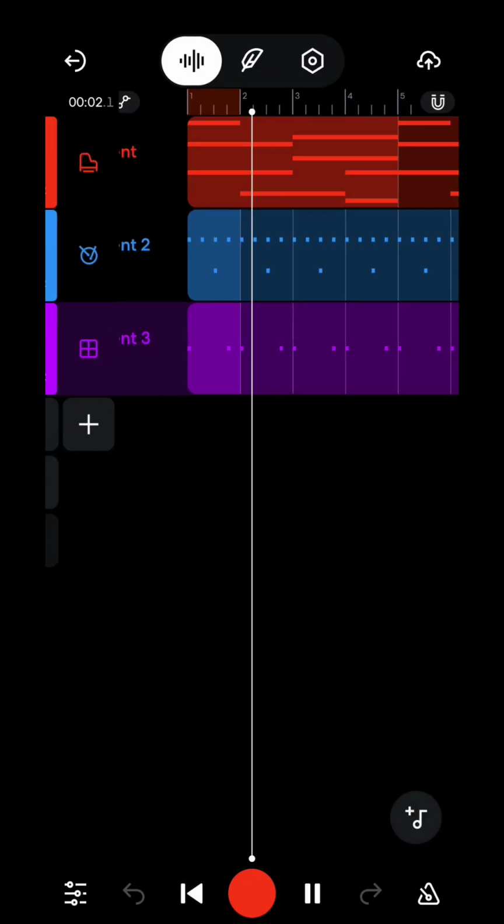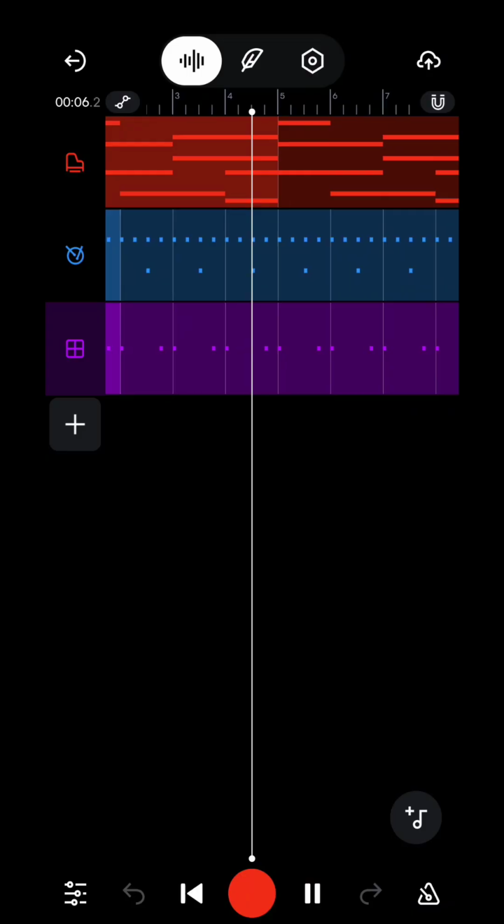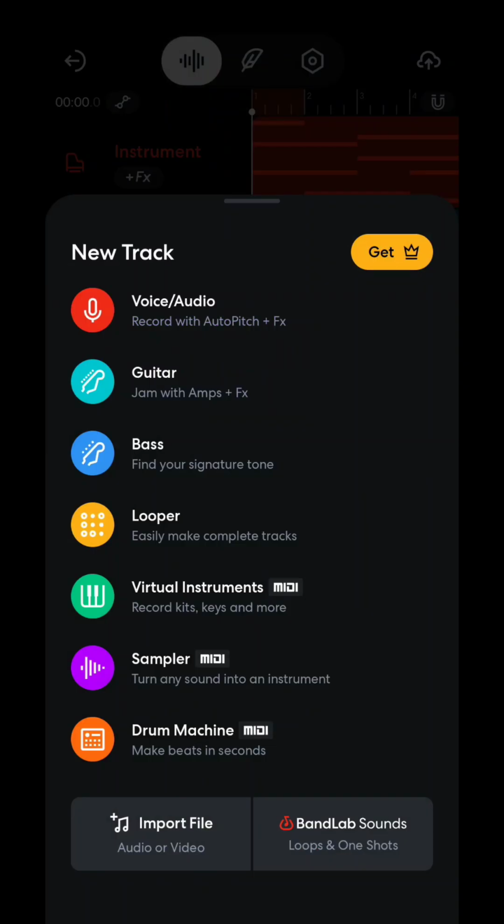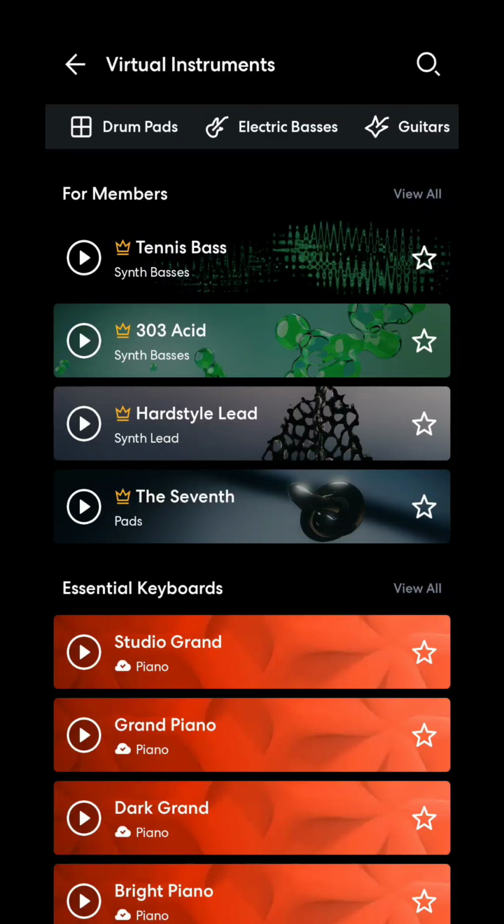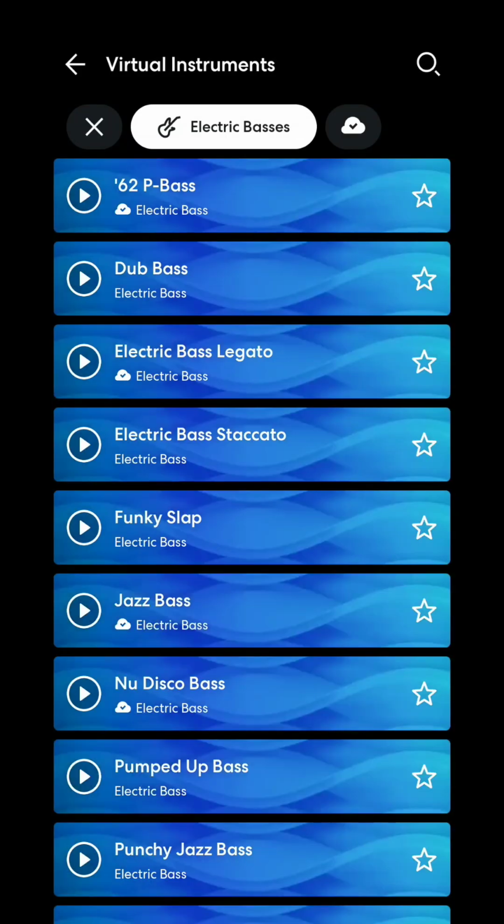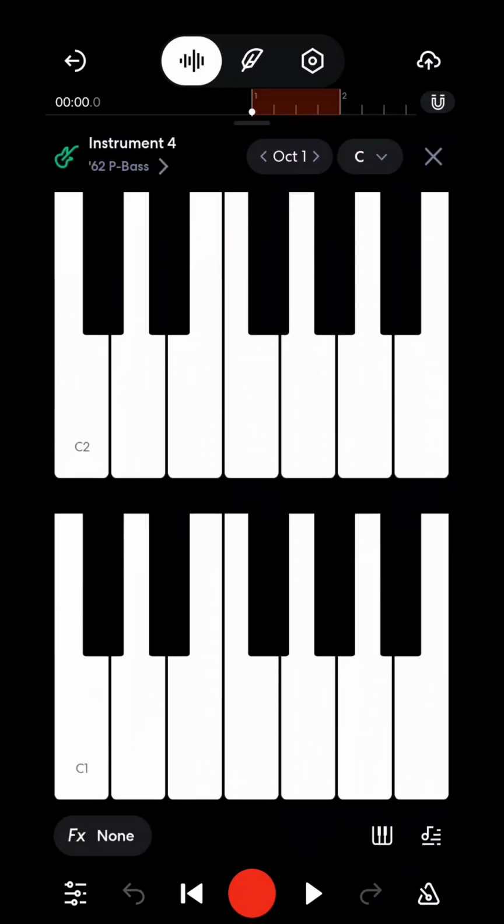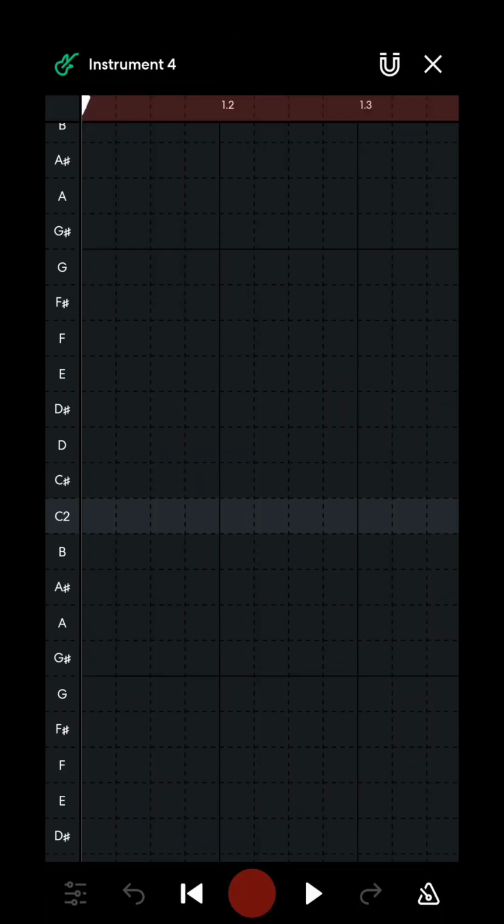So now we got a little chord progression and a beat going here. So I'm gonna add a bass now, virtual instruments. I'm gonna scroll over to electric basses. I really like the 62P bass. I actually have one, and they sound great. I mean, this is just a fake one, but